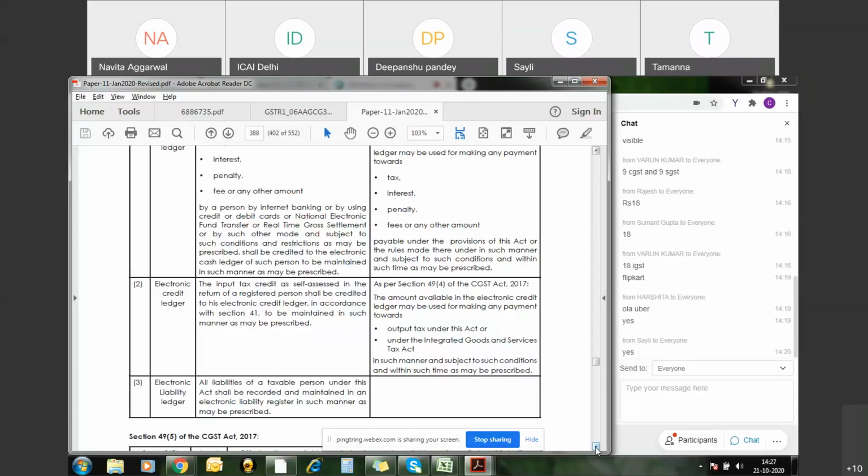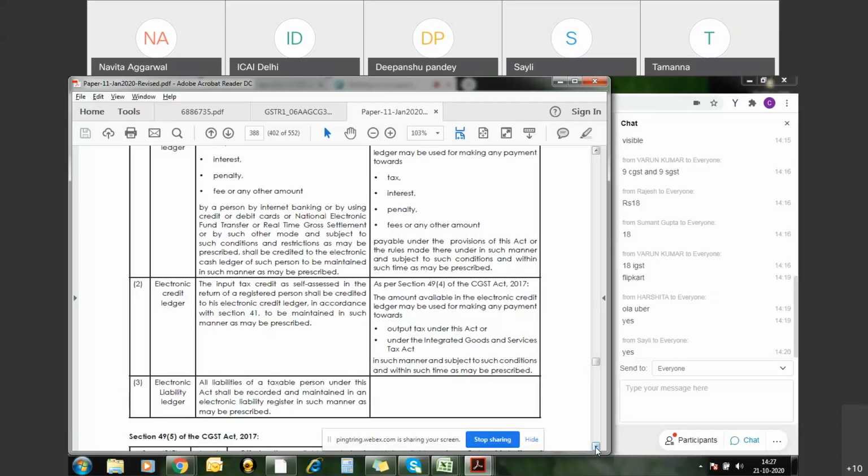When we are making entries of the purchase into the system, whatever GST receivable ledgers are there in the books, that is the self-assessed ITC available with the registered dealer. Based on the purchases and the entries made in the system, they can claim the deduction of that ITC. So the input tax credit as self-assessed in the return of a registered person shall be credited to the electronic credit ledger, because this is a connected system.